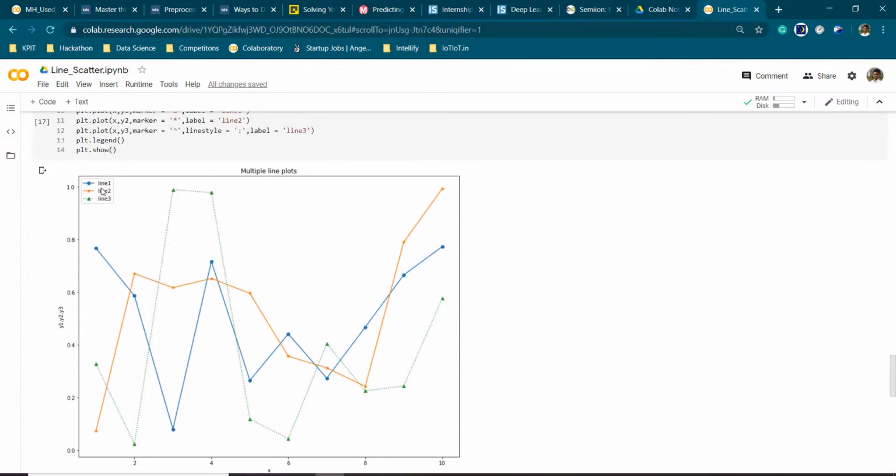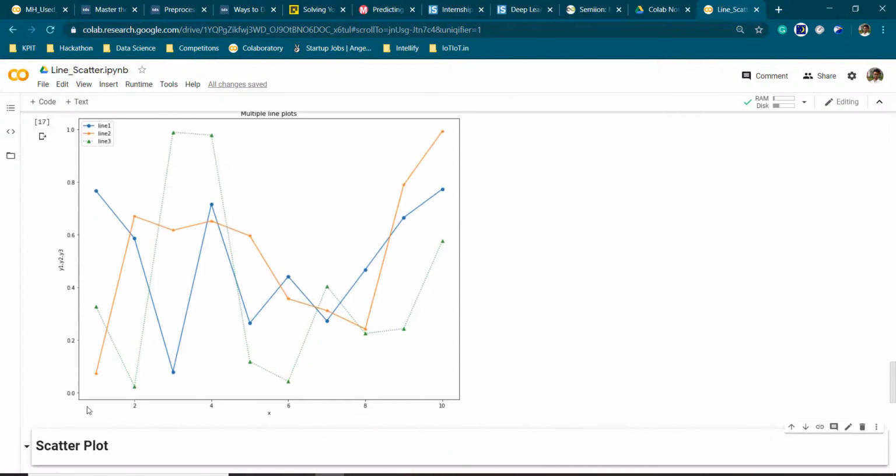So now I can see that our line has been plotted. So it is ranging from 0 to 10 here, and you can see that our line 1, line 2, line 3 have been plotted and are good for data analysis. So you can see the data and then figure out at which point which value is bigger and so on.